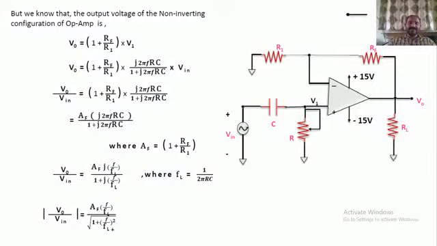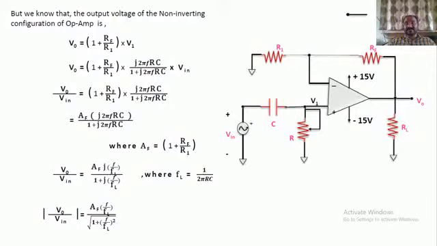So that's why we are getting this particular term as f by fL, because we are applying the modulus sign. In the denominator, as we have two terms, we will get the square root of A square plus B square type formula. If you apply that, you will get this particular equation. So this is the gain of the high pass filter, that is, a first order high pass filter.